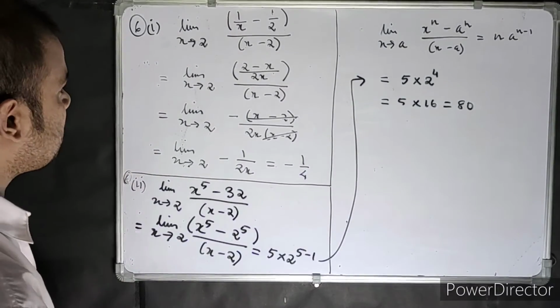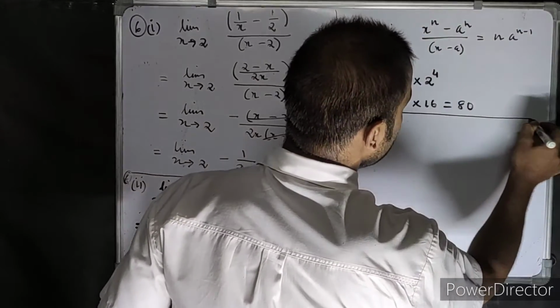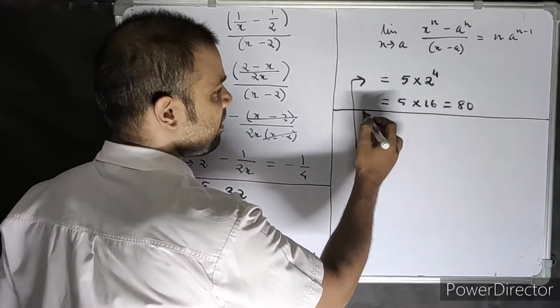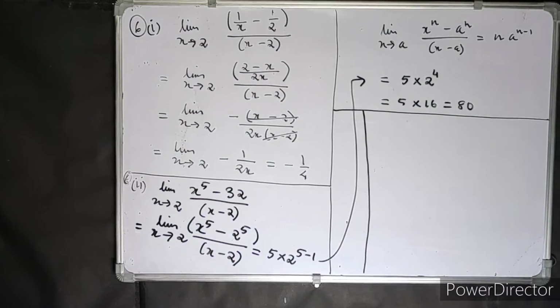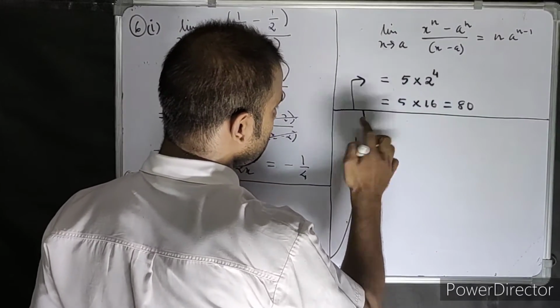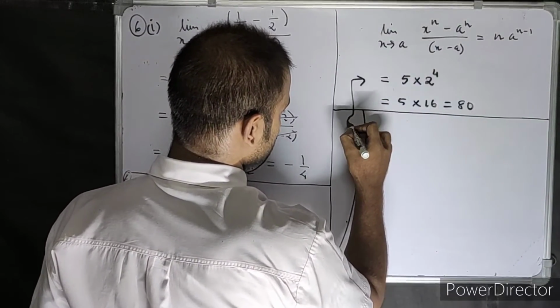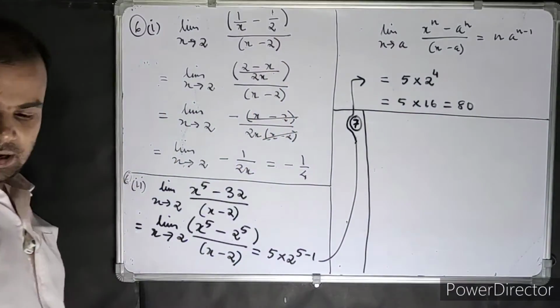Let's go on to question number 7. That's a correct answer. Okay, 6 part 2. Let's go on to question number 7. So I can fit it over here. Question number 7 is a big question actually, so we'll have to do many parts. I cannot do that. Just make it like a snake. Question number 7 is given as